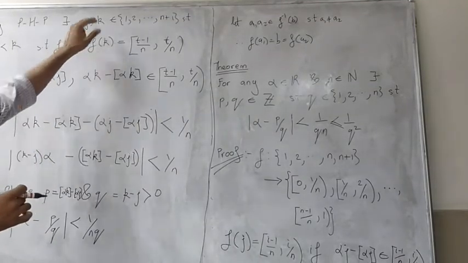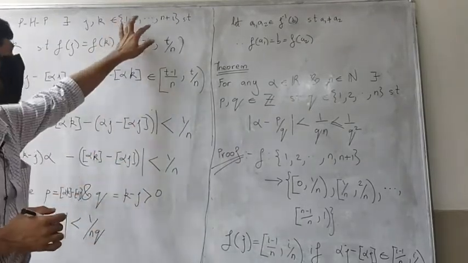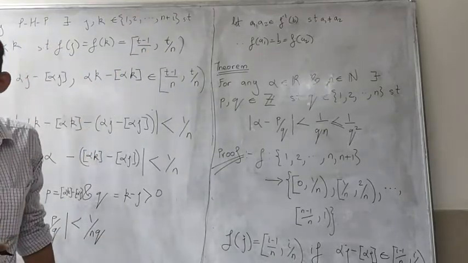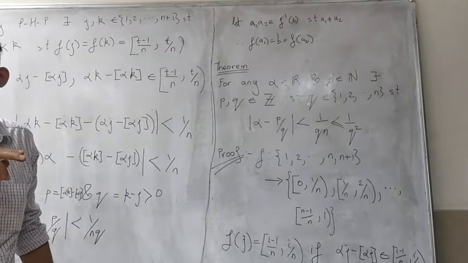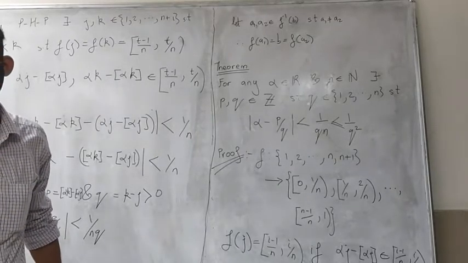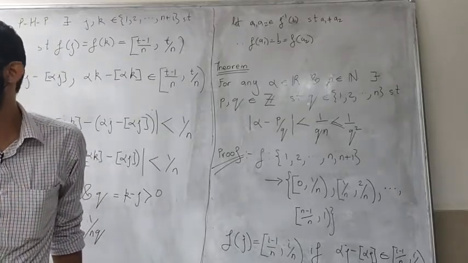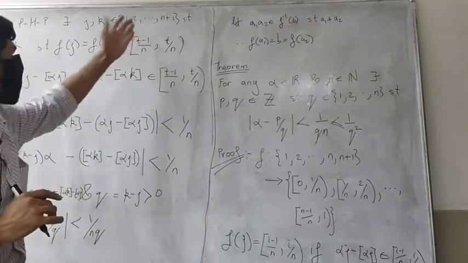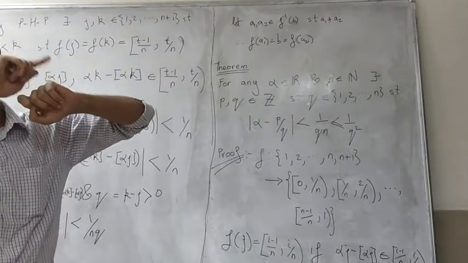Where do j and k come from? From 1 to n minus 1. If j and k come from 1 to n minus 1, the modulus of the difference of j and k, where can it lie? It cannot be 0, so it can be a minimum of 1, and the maximum difference you are going to get is n minus 1 minus 1, because they are distinct.